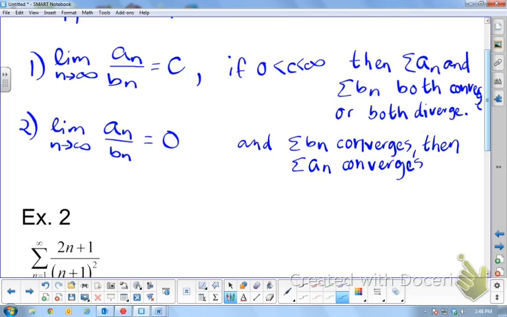The last one is if we equal infinity. And b sub n,